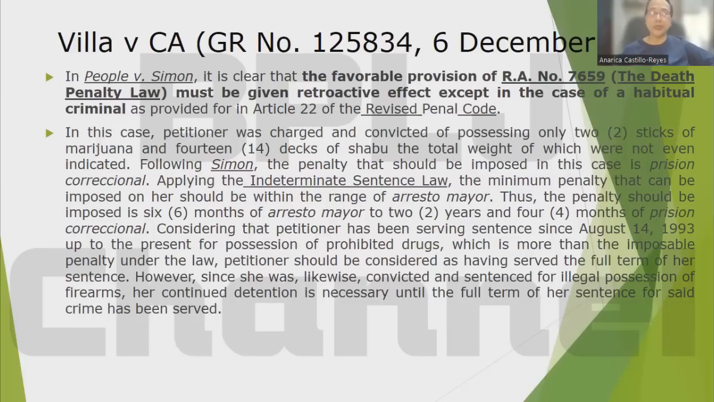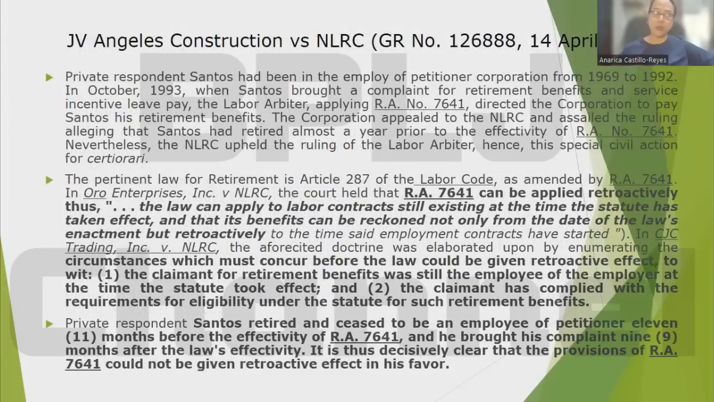So Bilia versus CA illustrates for us what is meant by the exception to the prospective application of the law, which says that if it is criminal in nature and it is favorable to the accused, then the law can have retroactive application. We have the case of J.B. Angeles Construction versus NLRC. So in this case, we are speaking here of two laws, RA 7641, which says